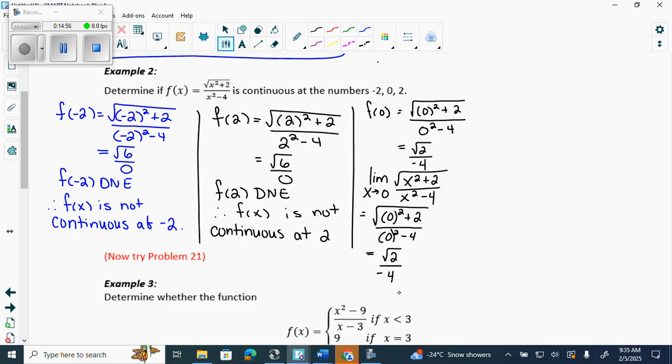We showed f of 0 has a value, right? Step 2, we showed the limit has a value. Step 3 is to state that they're the same. So f of 0 equals the limit as x approaches 0 of f of x. So that's step 1, step 2, step 3. And when that's true, we can say, therefore, f of x is continuous